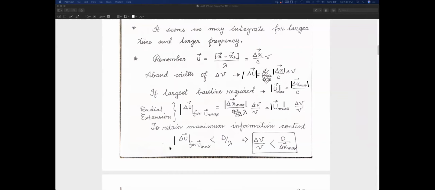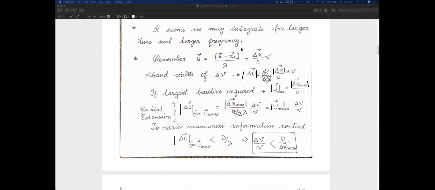is the basic idea. So what have we done here? Remember that if I consider a baseline, that is nothing but the difference in the antenna separation between two antennas, say X_A and X_B or X1 and X2, in terms of the observing wavelength. So I can as well write that delta X by c times nu. Now, the difference in the antenna separation, this delta X vector, never changes whatever you do. The component of this vector will change if the direction of the sky in which you are looking will change. But this delta X vector itself will not change.